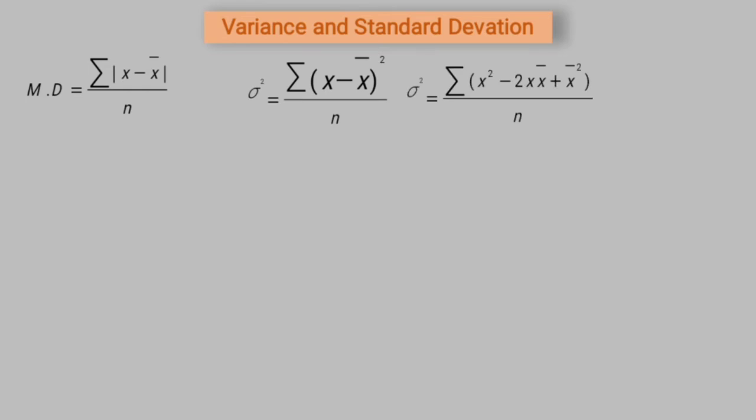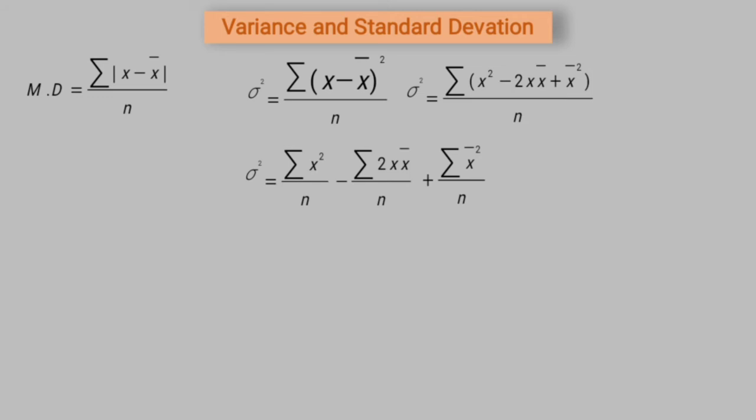n. And then I am going to expand x minus x bar the whole square as a minus b the whole square. So you will get x square minus 2x into x bar plus x bar the whole square, and the rest is the same. Now I am going to split the denominator. So I will get sigma x square by n minus sigma 2x x bar by n plus sigma x bar square by n. Now the first term is no problem, so let it be the same.